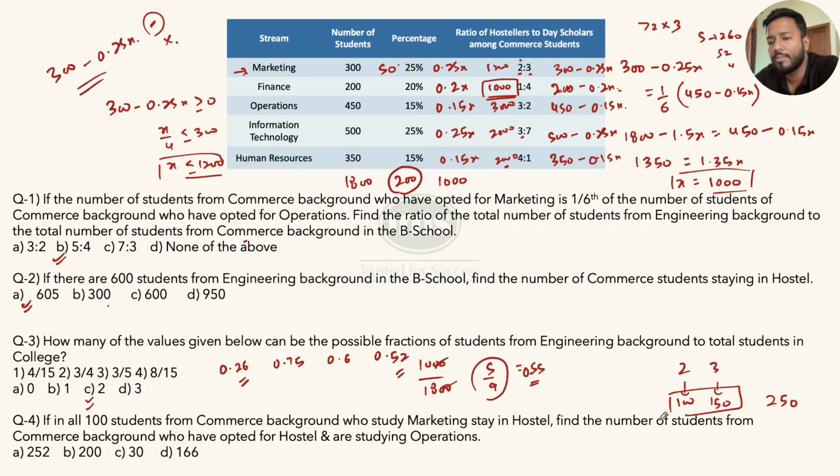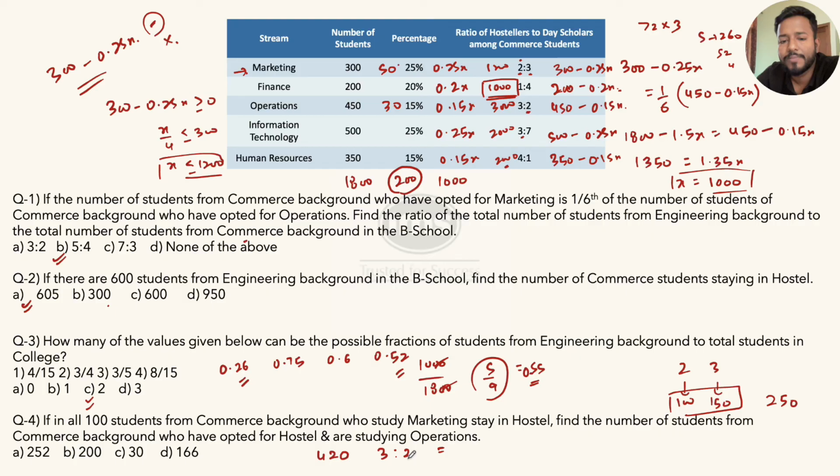अब आपको करना क्या था एक बार वो देख लो। तो फाइंड द टोटल नंबर ऑफ स्टूडेंट्स फ्रॉम कॉमर्स बैकग्राउंड हु हैव ऑप्टेड फॉर हॉस्टल एंड स्टडिंग ऑपरेशंस में आपको जाना है कॉमर्स और हॉस्टल वाले नंबर पे। तो ऑपरेशंस में आपका कितना परसेंट है? 15% है। अब आप सिंपल वापस इस पे जाना है, तो 200 का 15% निकालना है, सो दिस वुड बी 30। नाउ 450 माइनस 30, 450 माइनस 30, टोटल नंबर ऑफ कॉमर्स इन ऑपरेशंस कितना आ जाएगा? 420। अब उसमें हॉस्टल वाला निकालना है तो रेशो तो आपका कितना ही है? 3:2 है।